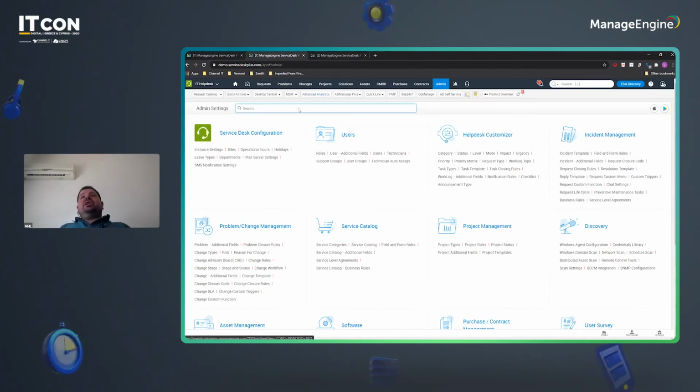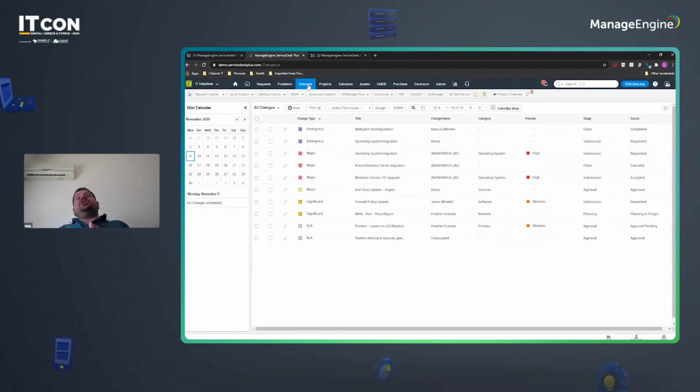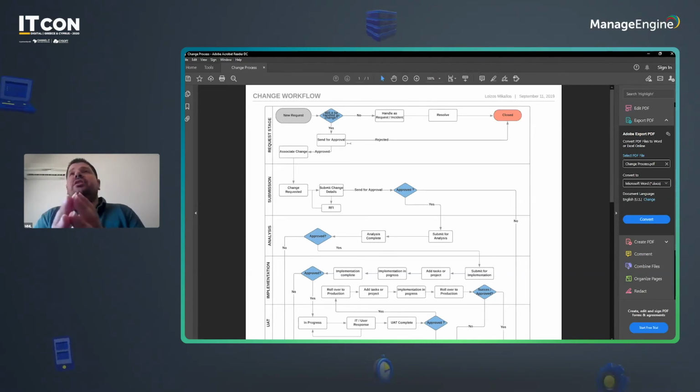Now, since I'm talking about change management, let's take a fast scenario where I have a ticket, and that ticket needs to be promoted, to be changed, to become a change. So let me show you a basic scenario that I create here. Okay, I have a new request. This request is, let's say, an issue with the database. So this database needs to be upgraded or needs to be changed. So basically, this issue that I have to fix has to pass through a change. A new change has to be created to solve this